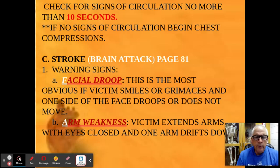So warning signs, we have a saying, it's called FAST, F-A-S-T. F stands for facial droop. One side of their face will sag or droop down. Arm weakness: you have them close their eyes and put their arms straight out in front of them. They ought to be able to hold them there. If one starts to drift down, then you know that they're probably having a stroke. That's a pretty obvious